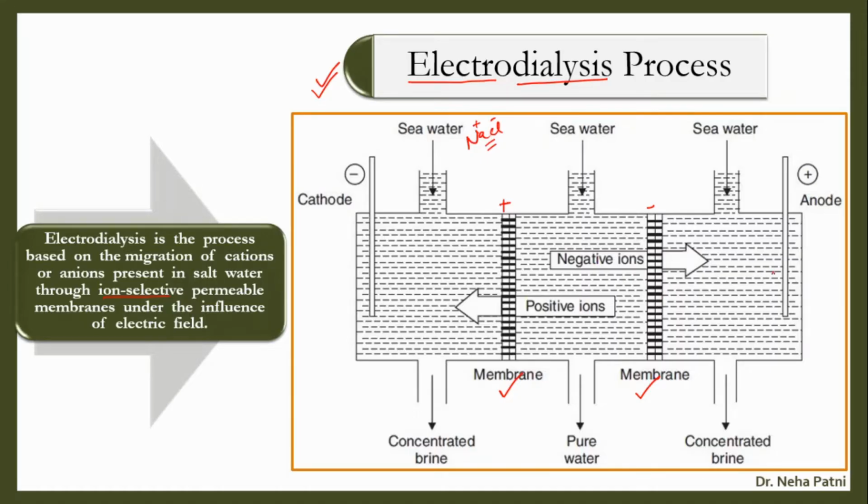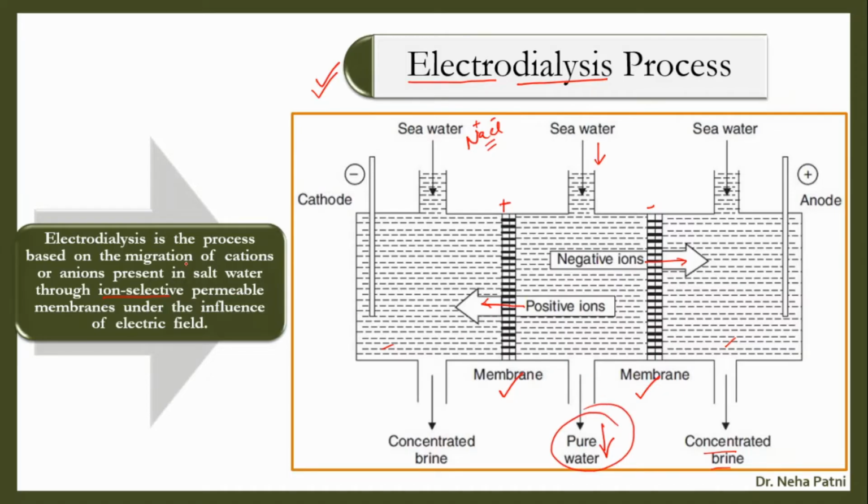So you put this, connect to the electricity, and once you do that, cations will start moving towards the cathode, anions will start moving towards the anode. And just because you have placed the membranes, this membrane will only allow negative ions to pass through it, and this membrane will only allow positive ions to pass through it. So at the end of the process, if you are inserting your sea water from the top, you will get your pure water from the bottom, and at the same time concentrated brine solution from here, because Na+ or Cl- or some types of anions would be there, right? So your middle compartment would be free from those ions, and you can collect your pure water from the bottom.